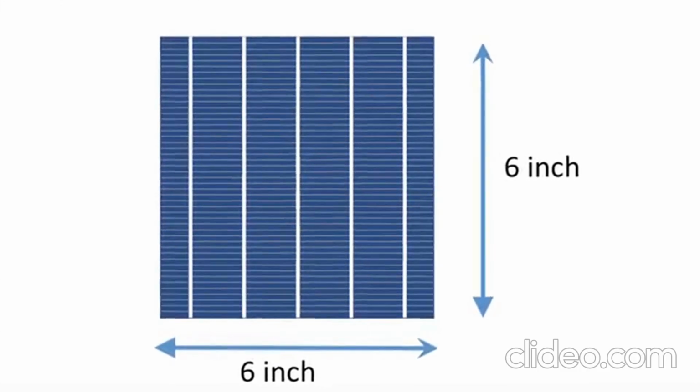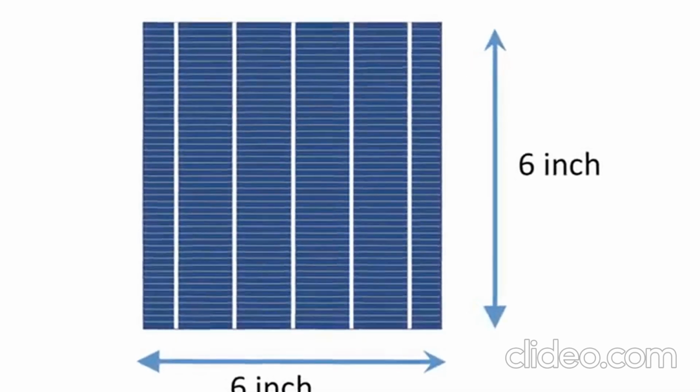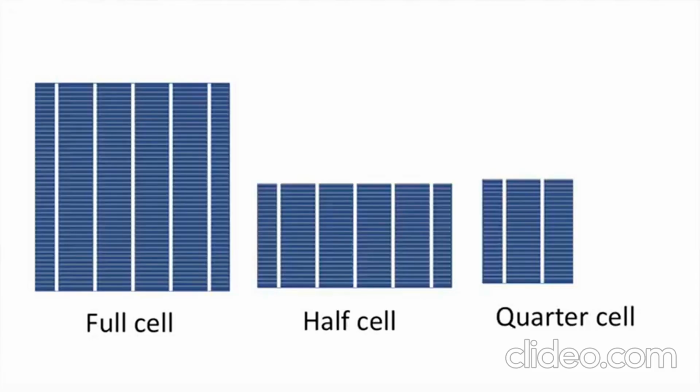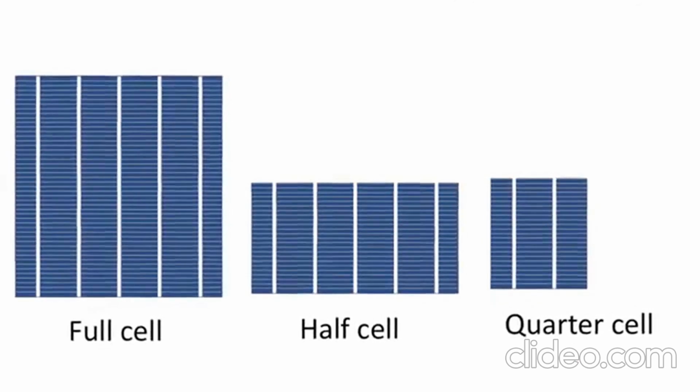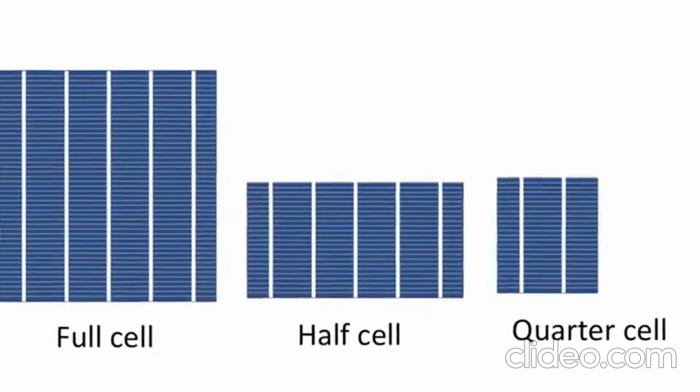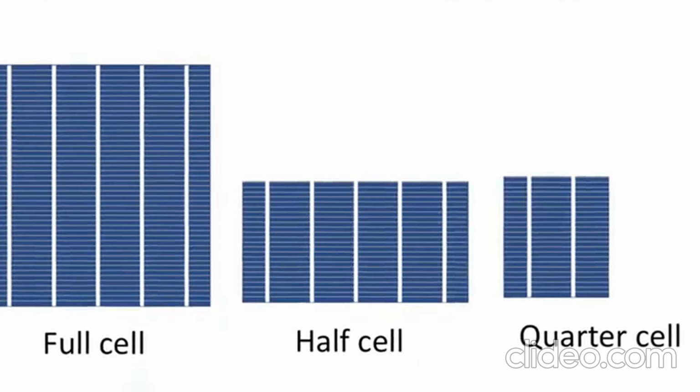As I said, the basic component is a solar cell, and a silicon solar cell is typically of 6-inch by 6-inch size, which can give you about 4.2 watt of power. With that, you can make a module of 300 watt. If you want to make a smaller module, people cut the solar cell in half and then make a module of smaller power rating. You can cut the solar cell into 1/4 and make a module, or even cut it into even smaller pieces.